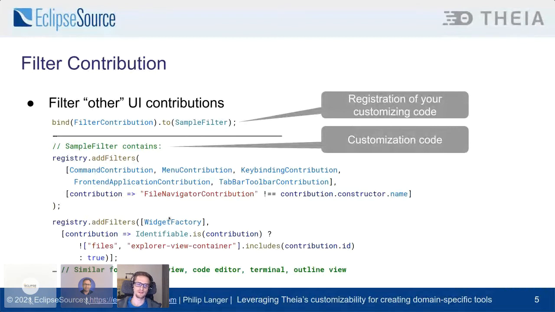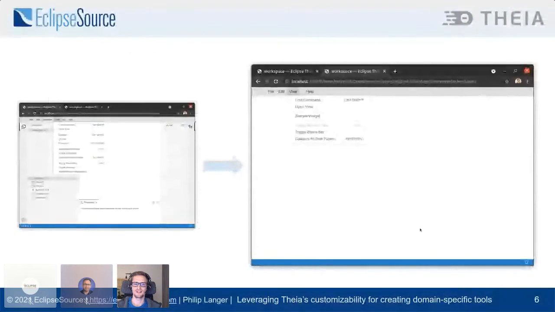So in this particular instance, we want to remove all commands, all menu contributions, and so on, that have the file navigator contribution in their constructor name. The same we do down here, where we remove from the widget factory. That's an extension point where you can register factories that create widgets, as the name implies. We remove all of those that are either files or Explorer view container. And when you continue to do that also for problems view, code editor, terminal, and outline view, then what you will be able to obtain is essentially, from the original application that I've just shown two slides ago,